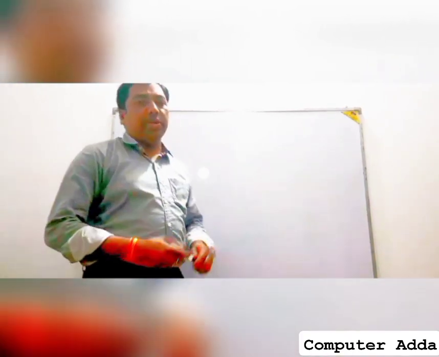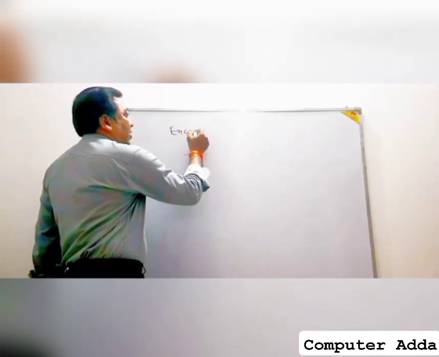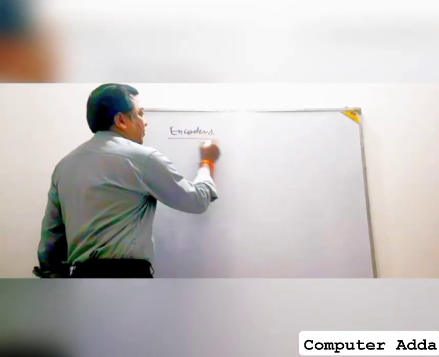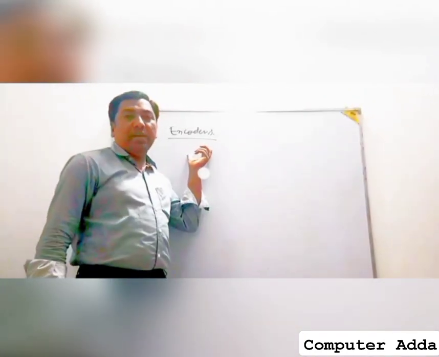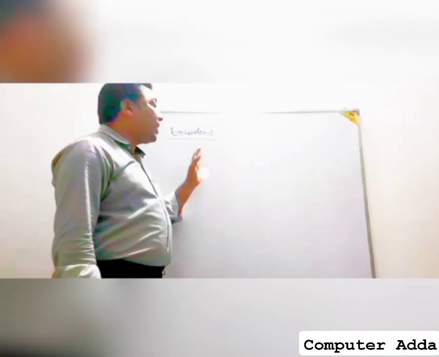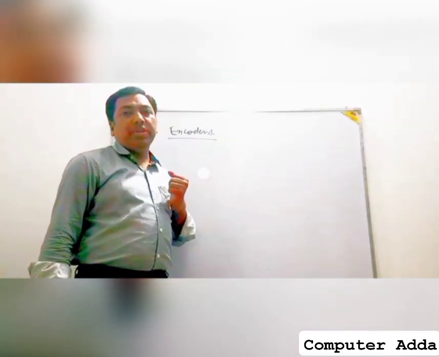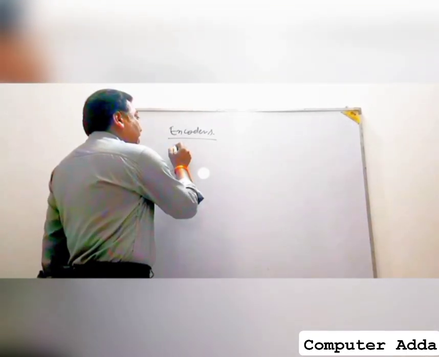Today I am going to teach another application of Boolean algebra, that is encoders. The process of converting one type of signal into another type is known as encoding, and the circuit which performs this job is known as an encoder. There are three types of encoders: